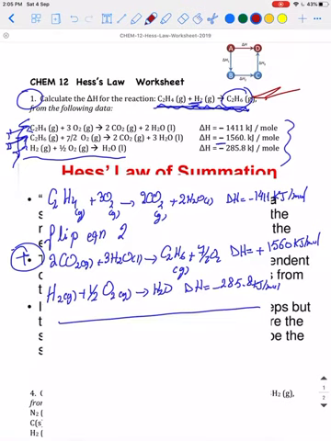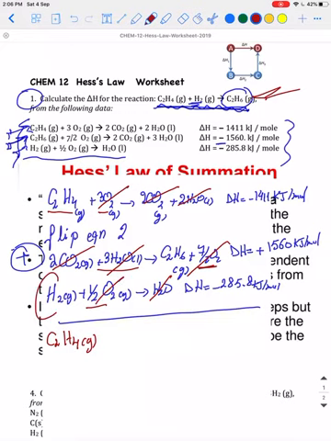Delta H. C2H4, nothing to add or subtract from the product or the reactant, so I write it like this. 2 CO2 in the product and 2 CO2 in the reactants, so I subtract them, so they sum up to 0. Here we have 2 H2O and 1 H2O in the product, summing up to 3 H2O, and 3 H2O in the reactants, so they cancel each other. 3 oxygen and a half, 3.5, here 3.5 in the product, so their subtraction sums up to 0, plus hydrogen, I write it, so plus H2 to give me